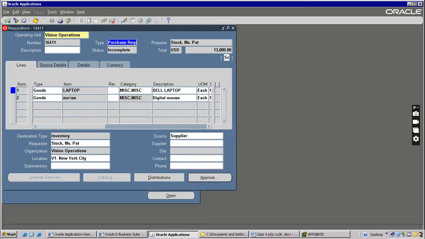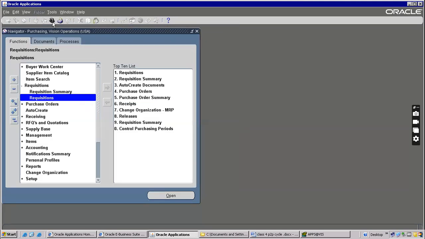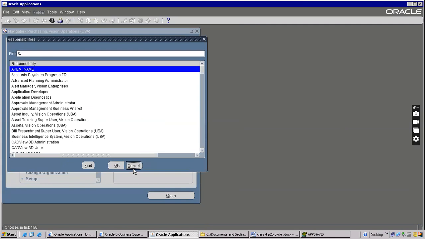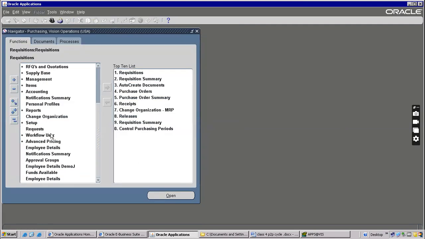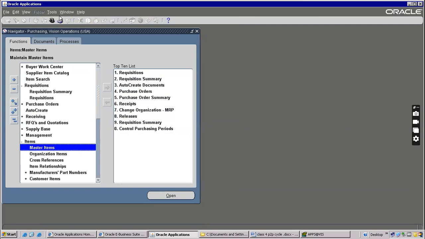Now, the second one is here, item. This item is from the inventory module actually. This item is coming from inventory. That you may not be aware of, I'll show you now. Go to inventory. So instead of switching, if you feel switching is taking time, here itself there are items and master items. You no need to switch.